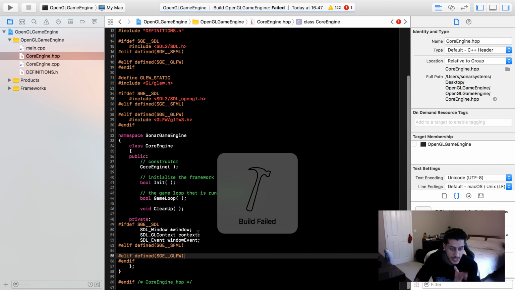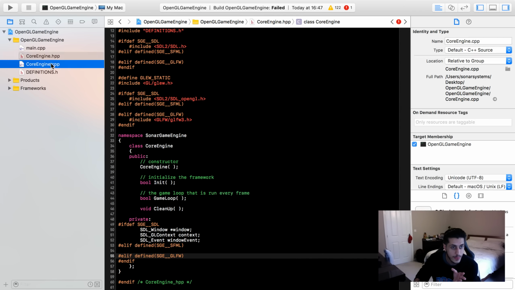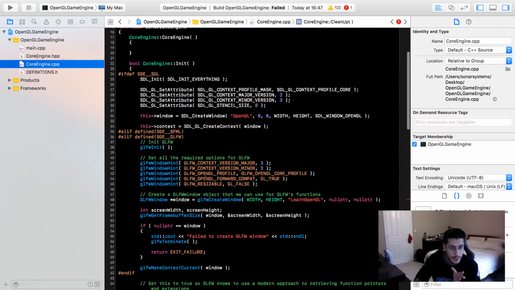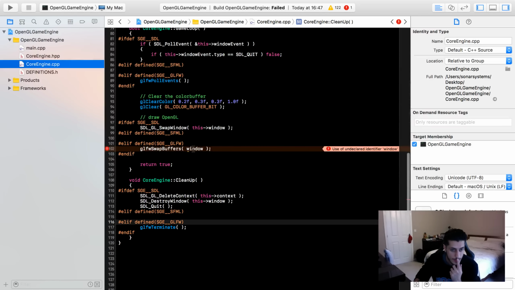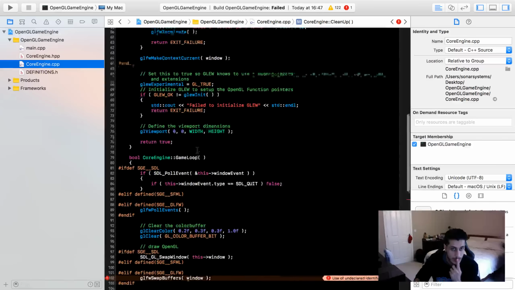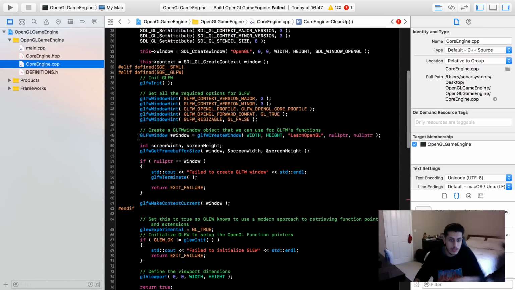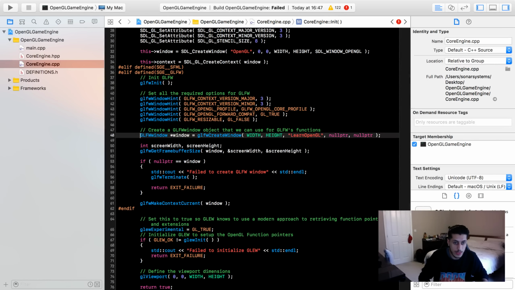Okay, let's see where the errors are now. GLFW is not moaning. It's moaning because we don't have the window. That's the only thing it's moaning about actually. So I'm hoping if I were to just copy this, go to put this